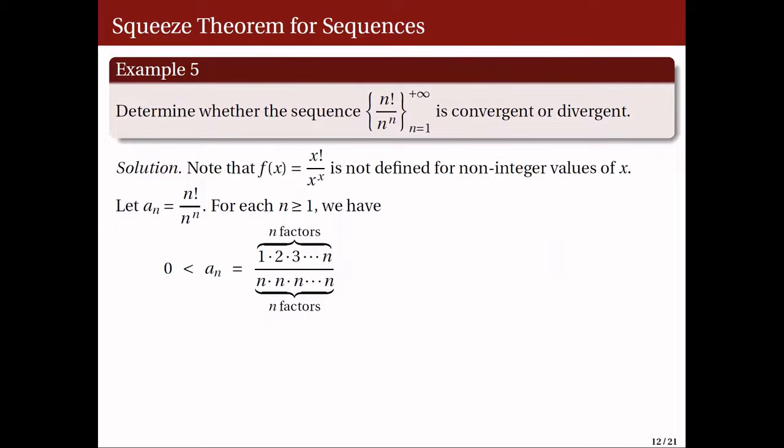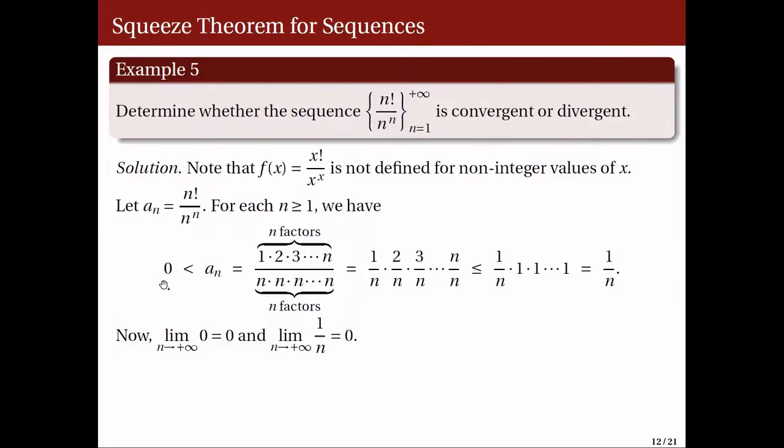And we can split this into n fractions in the following manner. We have 1 over n times 2 over n times 3 over n, and so on up to n over n. Now, what do we observe here? These fractions here are all less than or equal to 1. Which means this product is less than or equal to 1 over n times 1 times 1 times etc. And this can be simplified as 1 over n. So observe that a_n is greater than 0 and less than or equal to 1 over n,